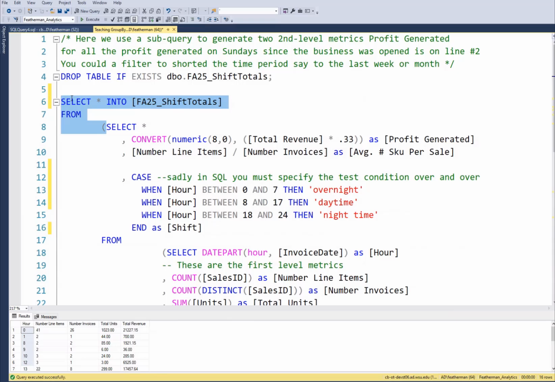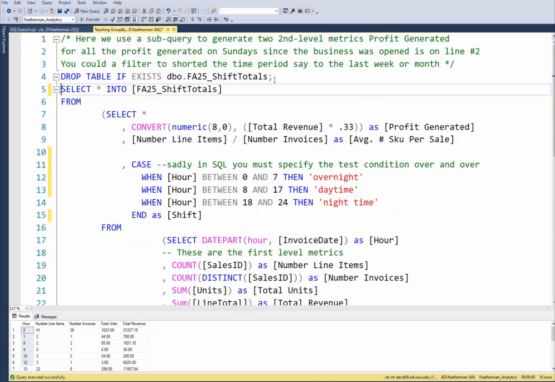Now that's like making a new table. How many times can you make that new table, shift totals? Once. So there's 2 ways to handle it in the future. You're going to run this query again. You could either delete the rows and add more rows to the table, or you can drop the table, which is delete the table. So delete the table if it already exists,